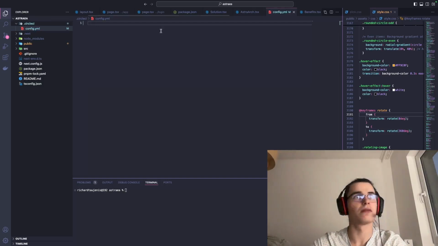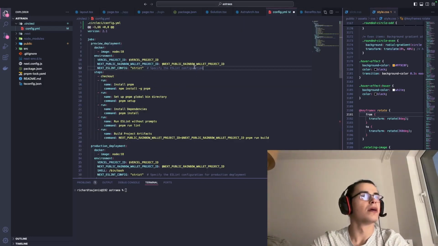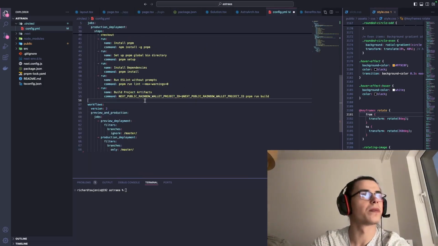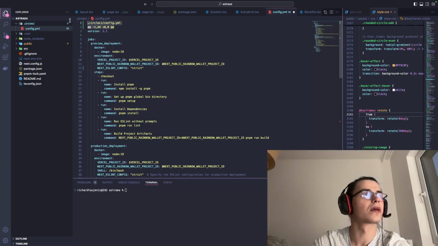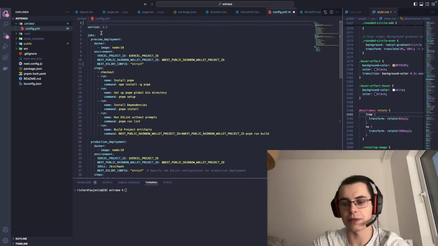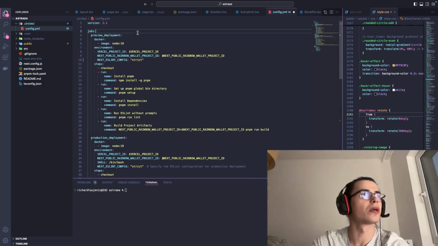So now I have config YAML. Let me just paste something, and I'm gonna go shortly through it. Okay, so as you can see, it's quite similar to... wait, I have to remove this one. It's quite similar to